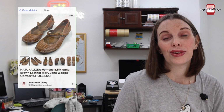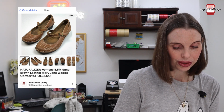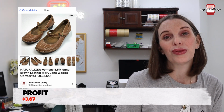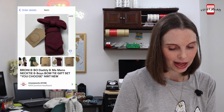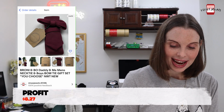$13.99. Next up was a pair of Naturalizer women's shoes. They were Mary Jane wedge comfort shoes. We found these at the flea market for $3, and they sold for $18 even. Next up was another one of those cute Brony and Bo Daddy and Me necktie sets. This was one of the maroon ones that I said we still have other ones of. We got this at that garage sale for 87 cents, and this one sold for